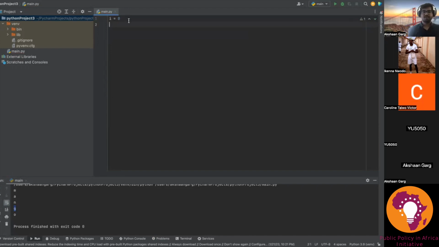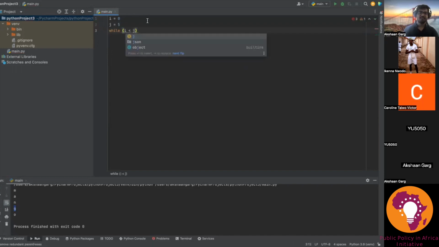Now we want 5 rows, right? So we'll create another number, let's call it j, and we'll set it as 5. Okay. Now we'll say while i is less than j, print,